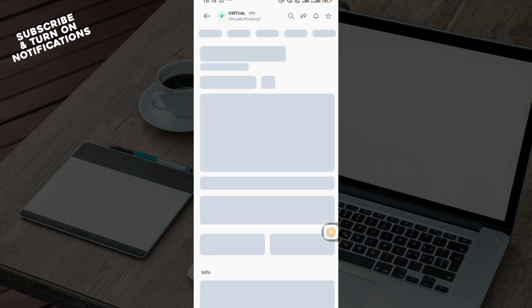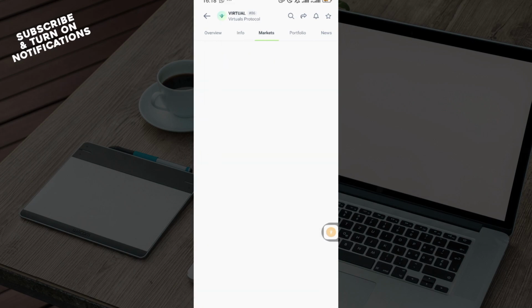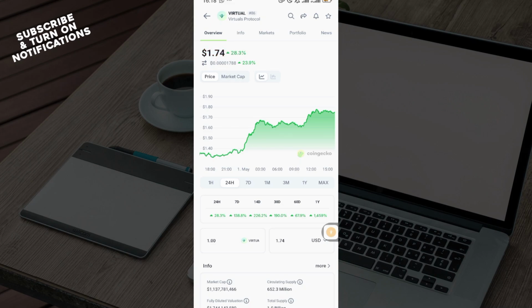So once you found the cryptocurrency, on the cryptocurrency's page, you'll see details about the cryptocurrency, the overview, info, market, portfolio, news about the cryptocurrency. Once you can see all of this, the next step is to move to the top right corner of the